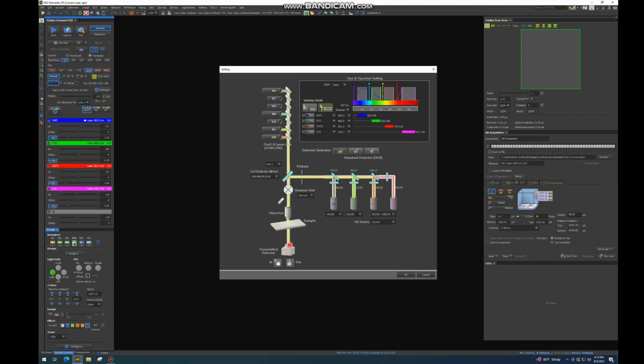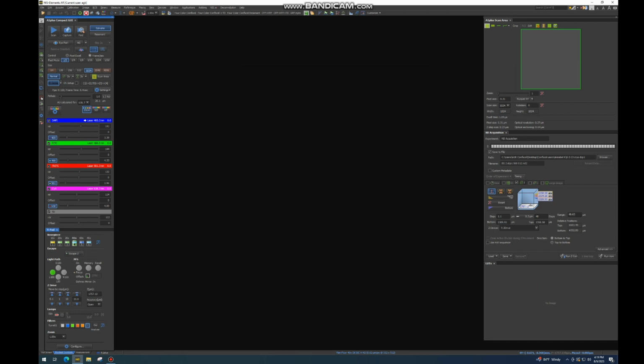The other thing you can do in this is select which channels you'd like to use, but this can also be done here. We ask that people not adjust the numbers associated with the different channels because those are optimized for the system. So now we can get on to